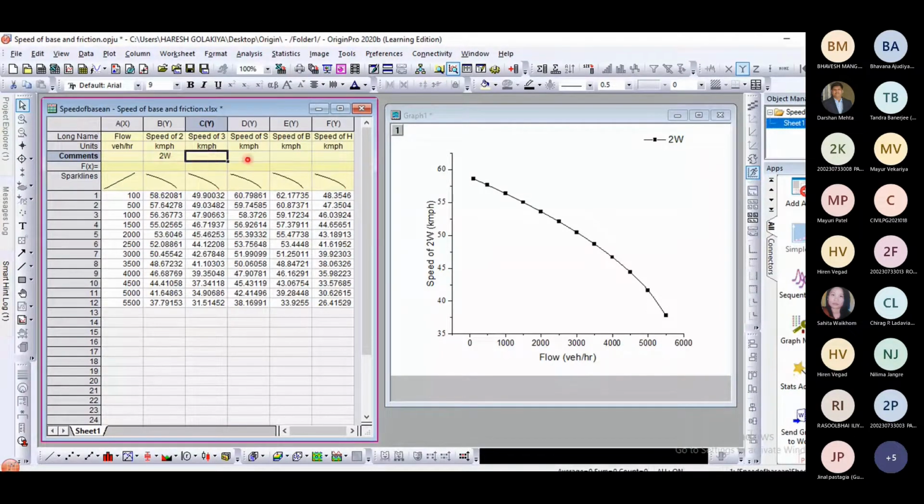So I have to add three-wheeler, small car, big car, which I want in the legend. Initially, I have not added any comment. So here, speed of two-wheeler, the long name, was there by default as a legend. But if I add two-wheeler here, it will be changed automatically.